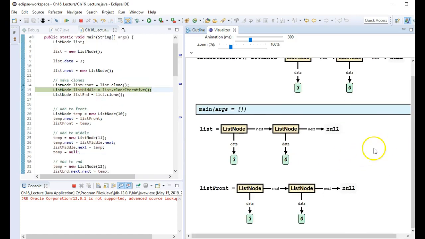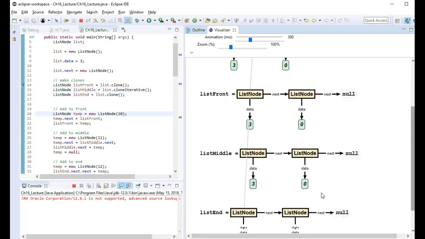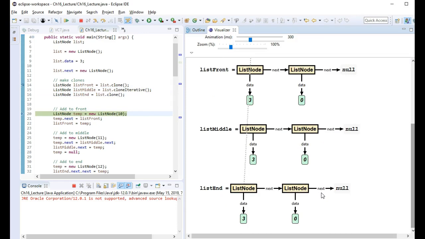And that creates the clone called list middle. It hasn't been allocated yet. As soon as I step, now it says list middle is that. Okay, we're going to step over the clone just so we get back to the front. So that's an example of how you can use that